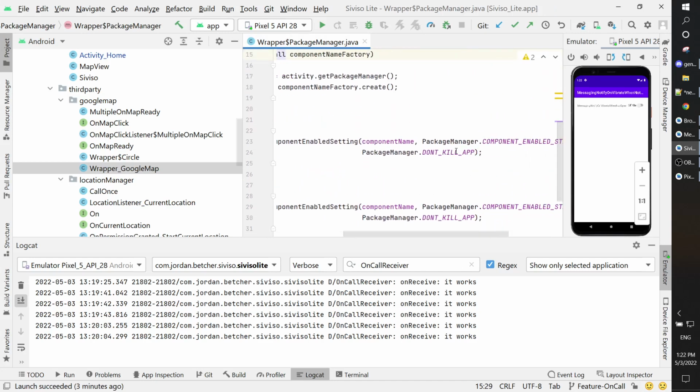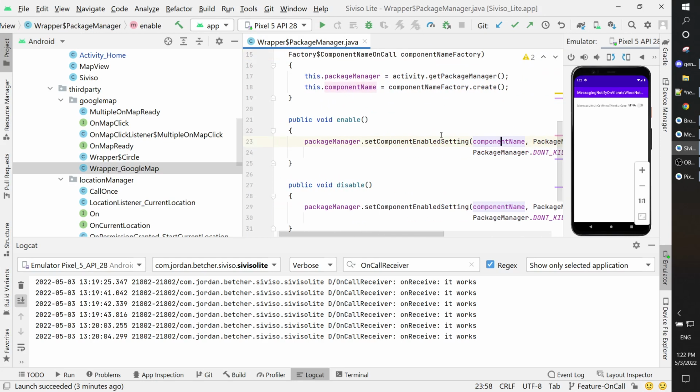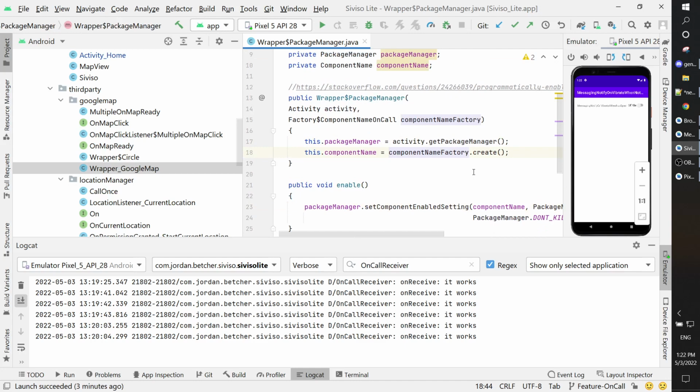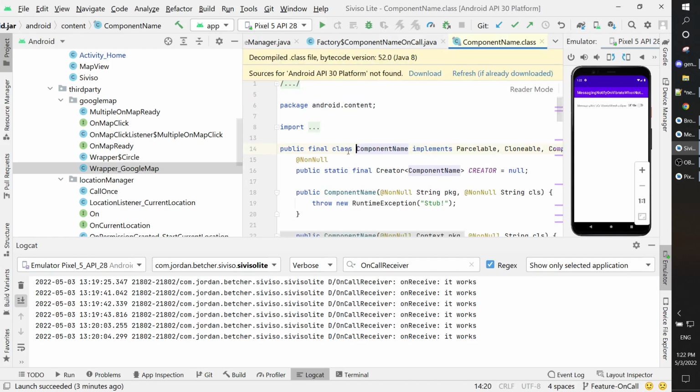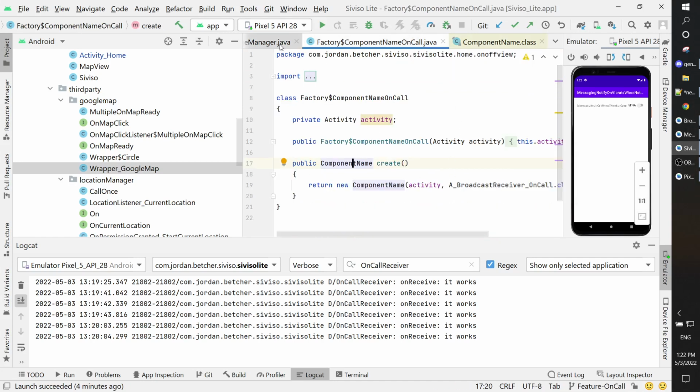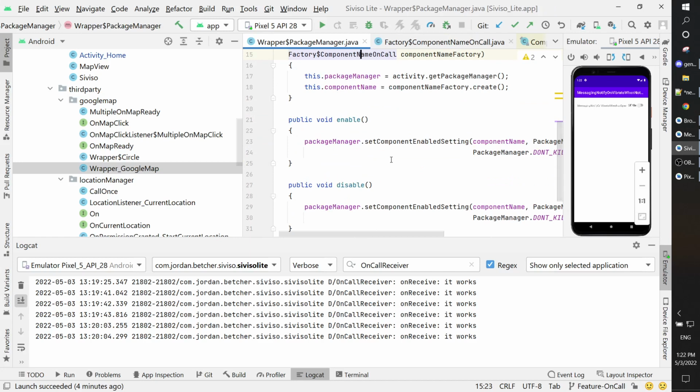Okay. So those are fine. It's the components. If I remember, this is a final thing, right? Because it's creating a component name, and the component name is a final class, so I can't mock it, which is really annoying. So I won't be able to test the class because I'm not going to do static testing,